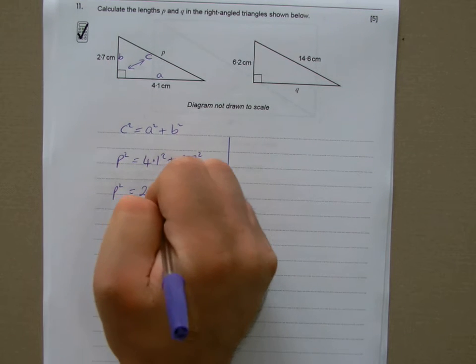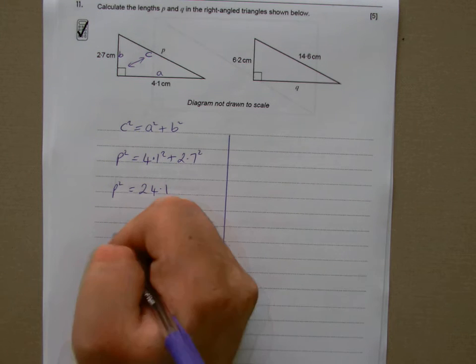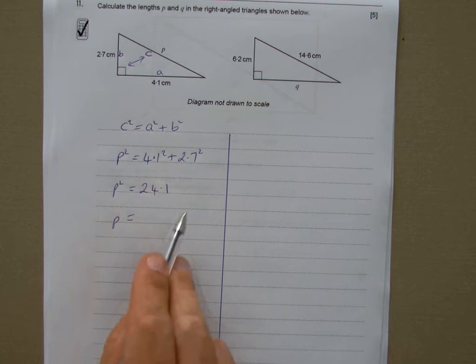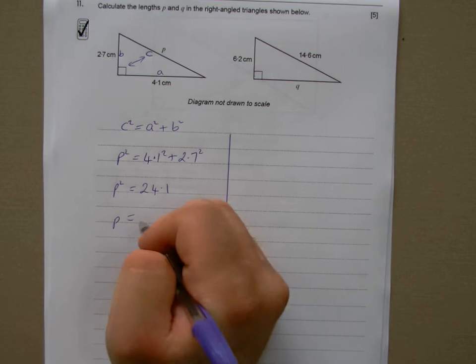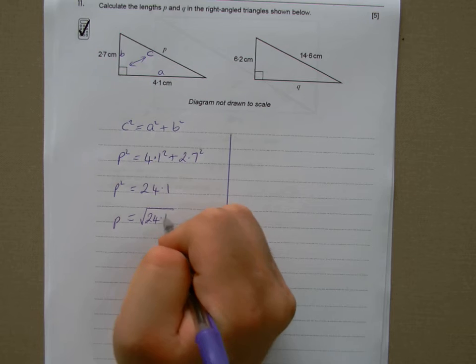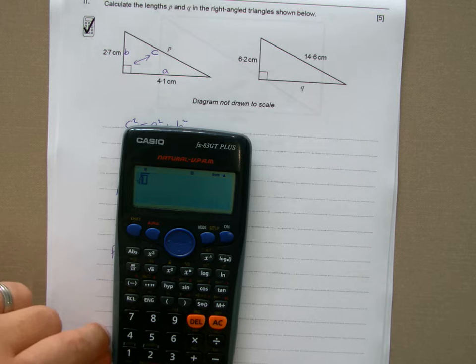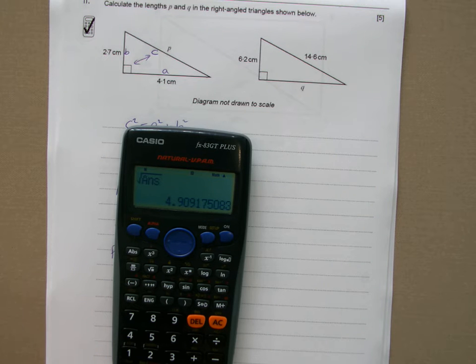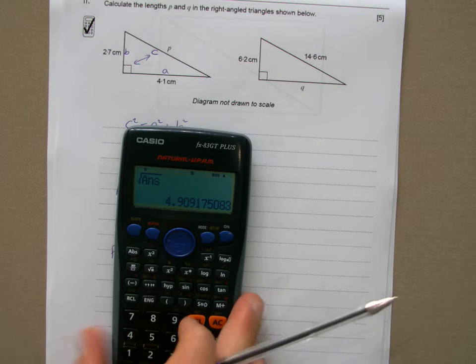Now we're not quite done because that's P squared, remember. So to get P, you need to take that square over the other side, and when you take the square over, you do the opposite. Whenever you take something over the other side, you do the opposite, and the opposite of squaring is square rooting. So all I've got to do on my calculator is press square root of 24.1, press ans, and then it comes out to be there. So I'll round that to one decimal place, because these sides are given to one decimal place, so it'll be 4.9, won't it? That's a 0, which means we round it down, 4.9